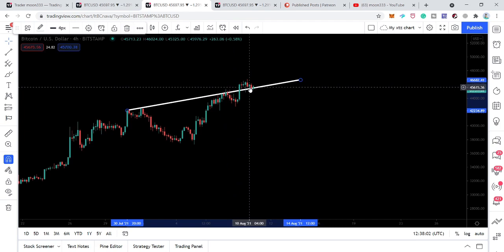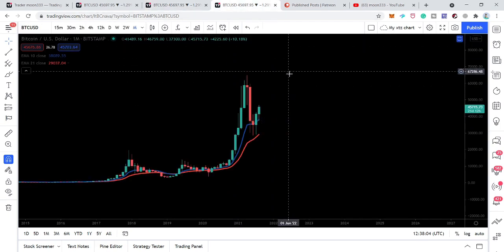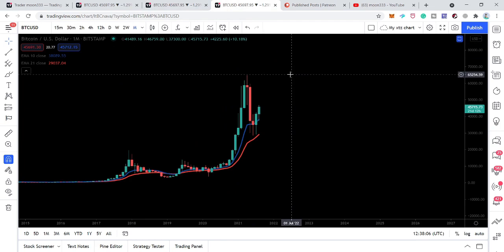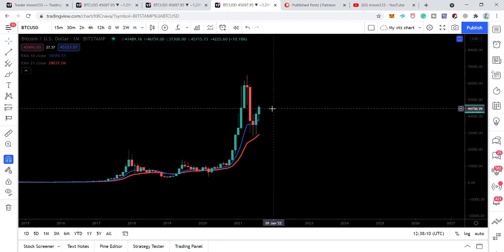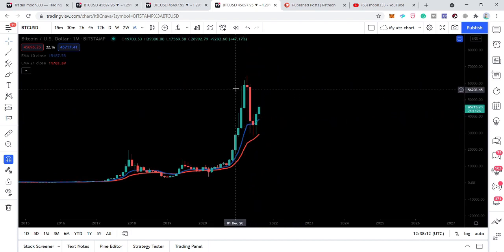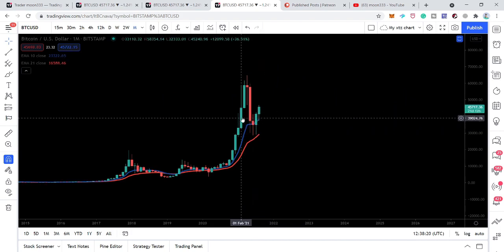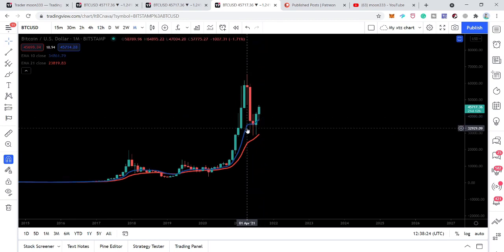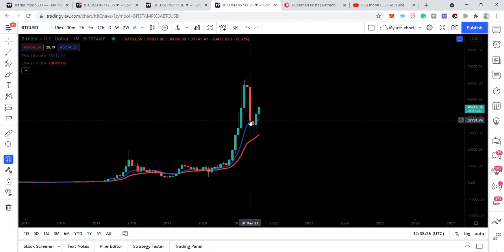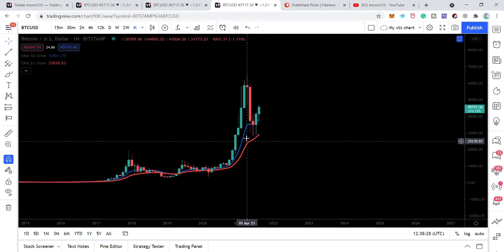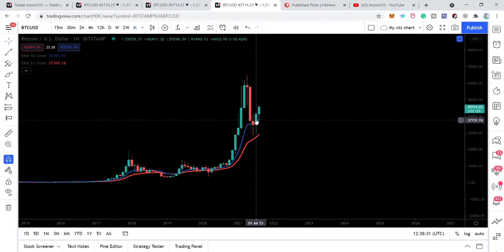And now let's move to the monthly time frame chart, and guys, you will be amazed to watch this mega bullish signal that has appeared on the monthly time frame. Here you can see that the price action went very close to the exponential moving average 21, and it is moving up. In fact, it has tested the exponential moving average 10 on the monthly time frame chart. This blue one is EMA 10, and you can see that the price line did not break down the EMA 10, went very close to this EMA 21 and moved up.